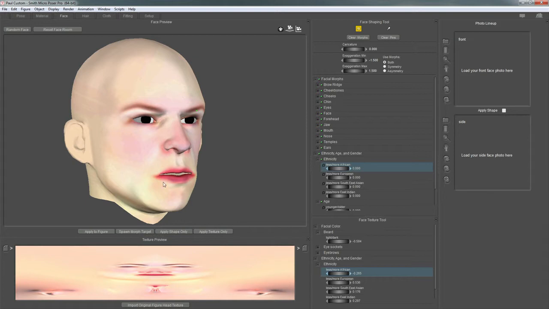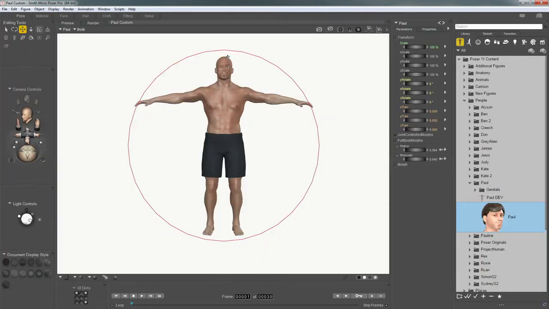But what I want to do is just take the shape, but I want to apply it as a morph target right here, which allows me to turn this shape off or on and dial up a scaled version of that morph target as well. Let me show you what I'm talking about. I'm going to just spawn the morph target by pressing there. Go back to the Pose Room, and let's go ahead and get into the face camera, Command or Control plus,